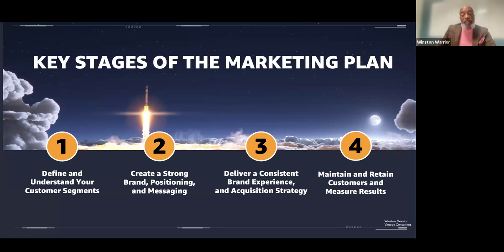But if you're not measuring that on the back end of your plan, then you're not going to be efficient and you're not going to be optimizing your spend, because you're going after the wrong people, right? Or using the wrong tactics to get to the right people. So you got to measure. But this is the foundation of your plan. And I'll leave it here for a second.